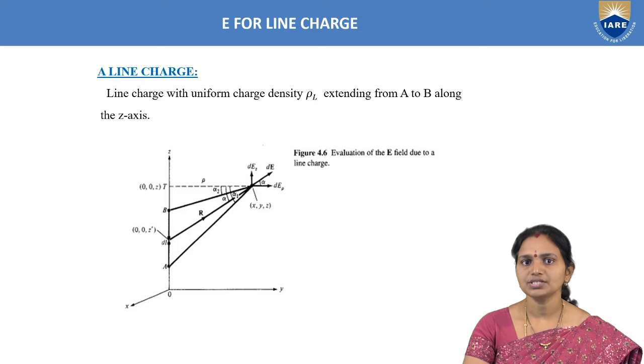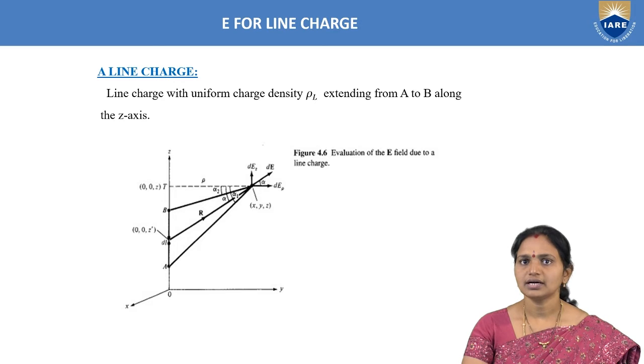If we have multiple point charges, then to get the total electric field strength, we must add the individual electric field strengths. Now, if you go for the line charge case or other charge distributions, to get the total electric field strength, we must take the integration, because the charge distribution is continuous along a line, along a surface, or along a volume. Now, our topic is calculation of electric field strength in case of a line charge.